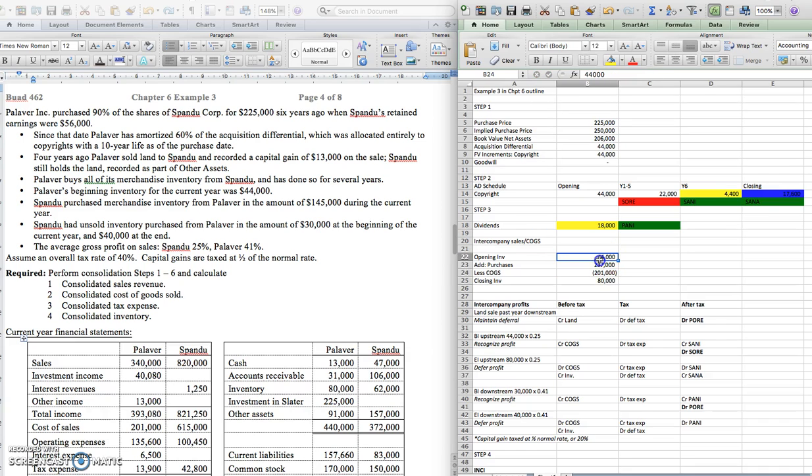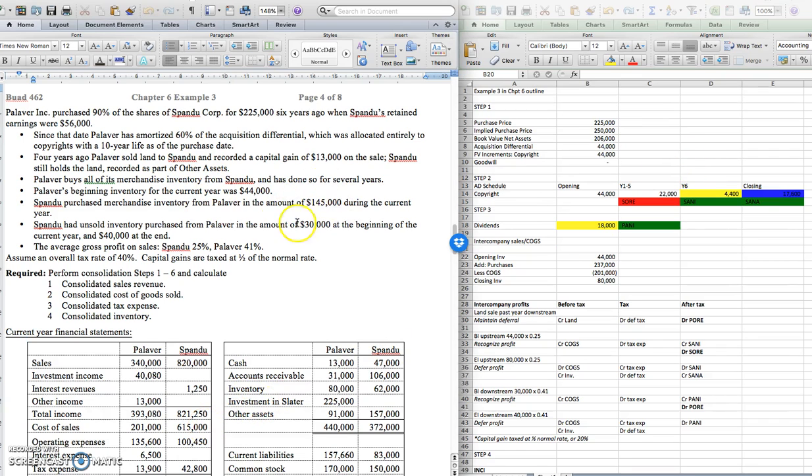So you can see here the math does work out. If we hover over it, these add up to 80,000. So now we know the amount of our purchases, but we still also need to capture the amount of our cost of goods sold. So the cost of goods sold figure